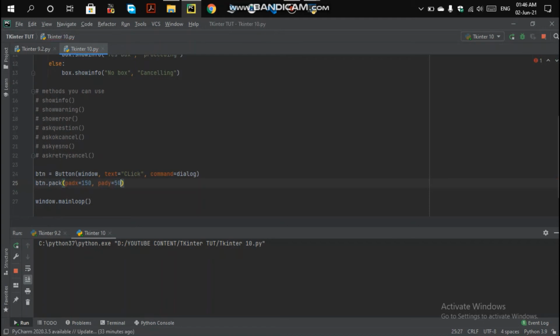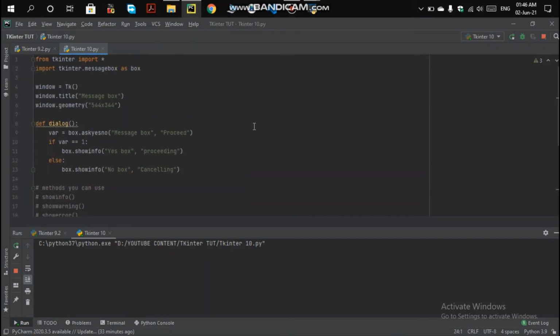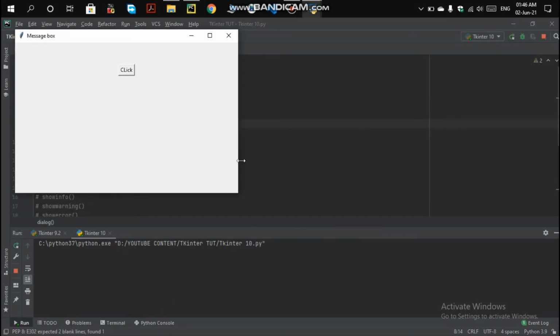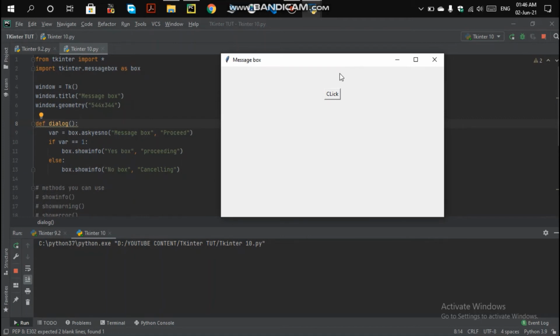So this happens, and I will run that application. What you will see is a button here, and on clicking this button, something will happen. We are seeing an upper layer message box over your base window, and the title is the one that we have given here, and the message is proceeding here. Because it's a type of info, that's why the info logo is shown here.